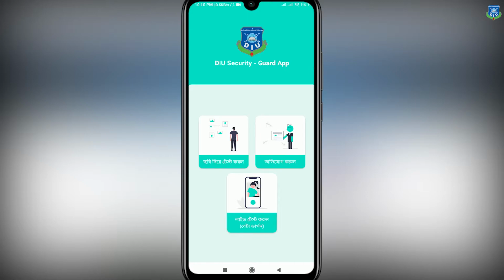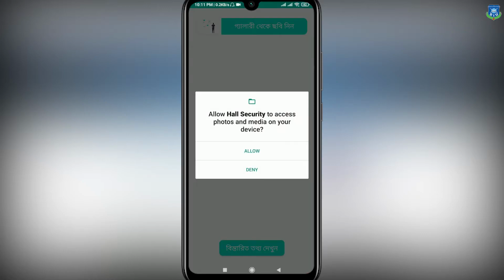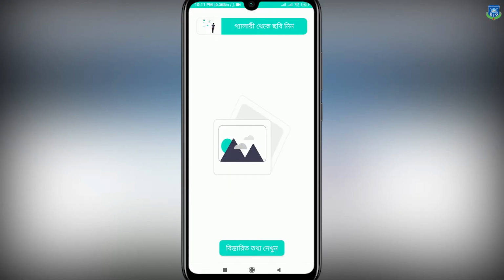Here we can see there are three options. One is picture test, another one is report, and another one is live test, that is using our live camera. So if we click on picture test, it will need access for photo and video.